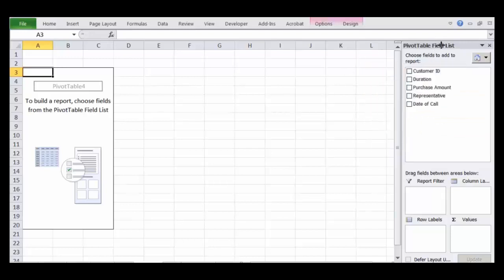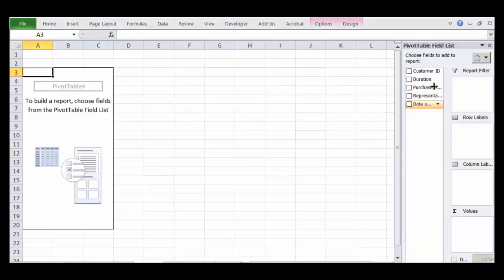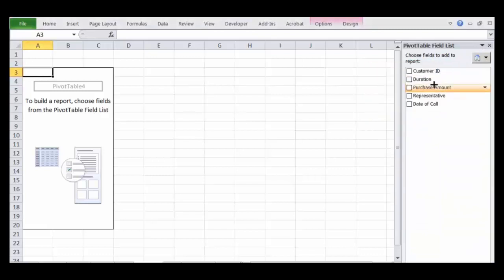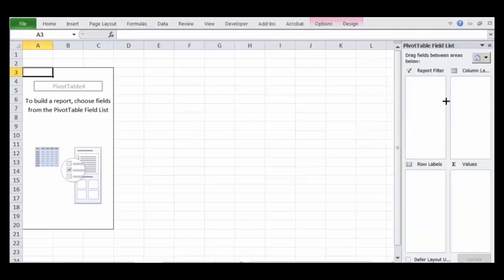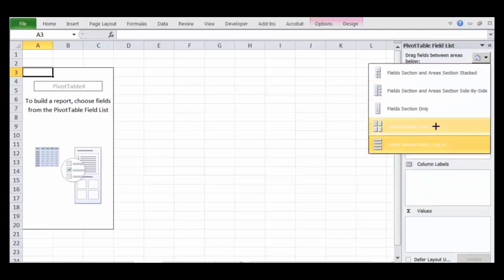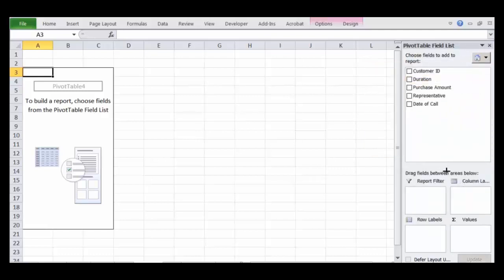So this is the field section and these are the area sections. We'll discuss this later. You can see this side by side, only field section, only area section, area section 2 by 2 and 1 by 4. We want the default layout.